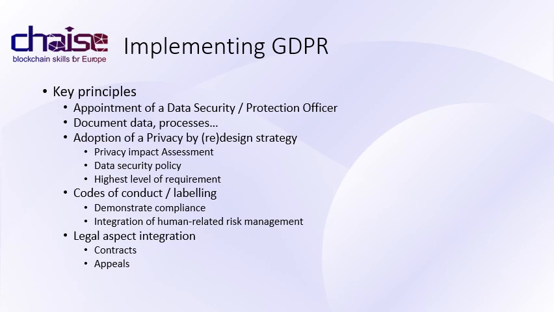To improve data security and privacy, it is recommended to set a privacy by design or by redesign strategy. It consists in evaluating from the initial design steps the privacy impact of the processes. A particular attention is paid on the data security policy, identifying potential threats, vulnerabilities of the system, and setting the adapted countermeasures to mitigate risks. Based on this analysis, processes can be redesigned, integrating the highest data security and privacy requirements.